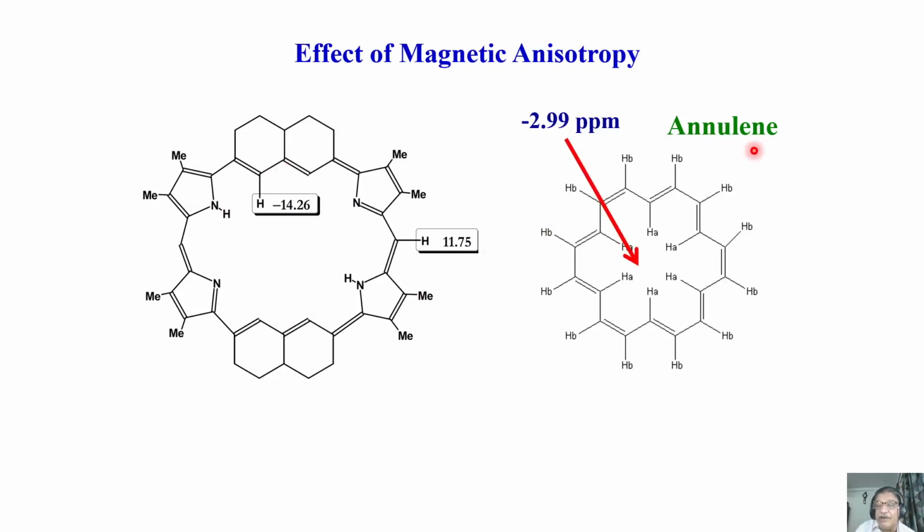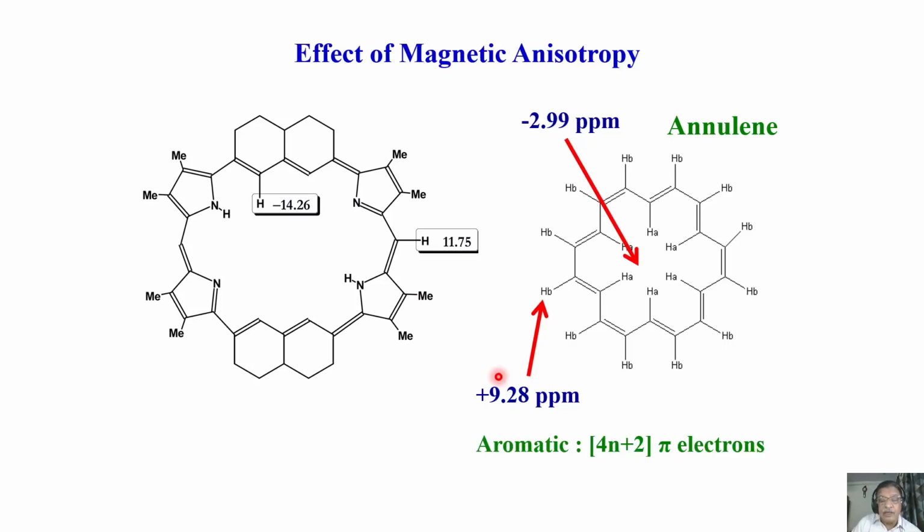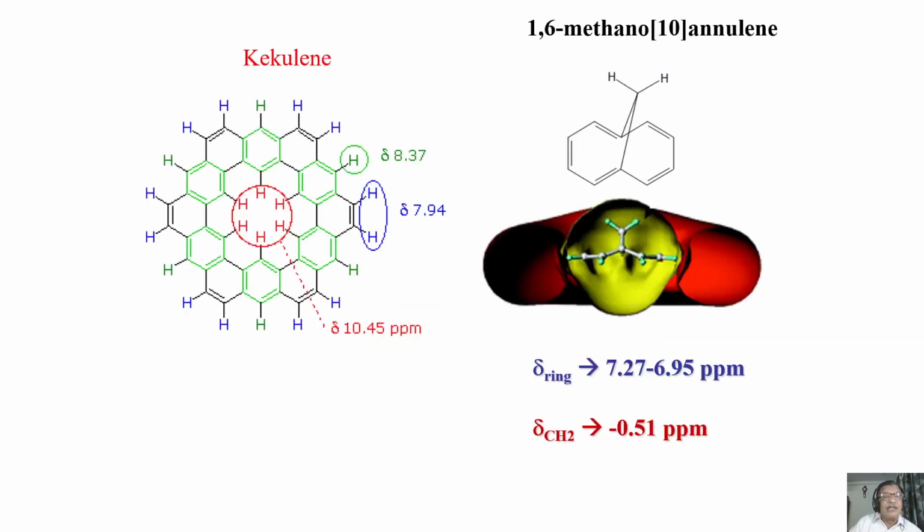Same thing in the case of the next annulene. The internal protons come at minus 2.99 ppm and the peripheral protons come at 9.28 ppm. Remember, internal protons go nearly 3 ppm beyond TMS. That is the important point you must remember. Similarly, you have a Kekulé structure. You look at the internal protons, which come at 1.45 ppm, and the protons on the outside periphery at 7.94. Not so drastic a change as in the previous two molecules, but still the difference between the interior and peripheral protons' chemical shifts is obvious here.